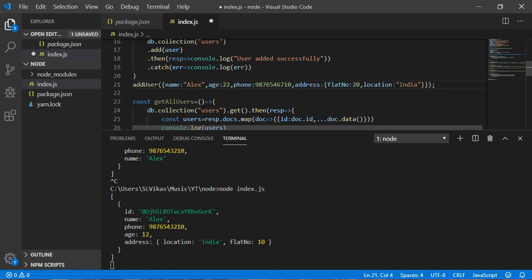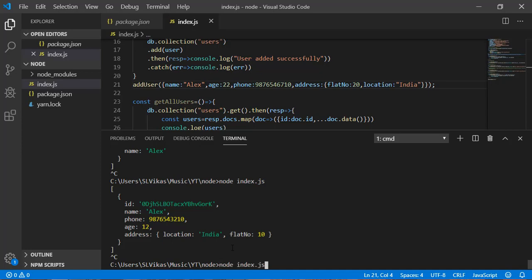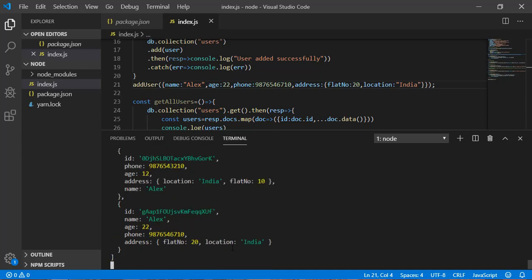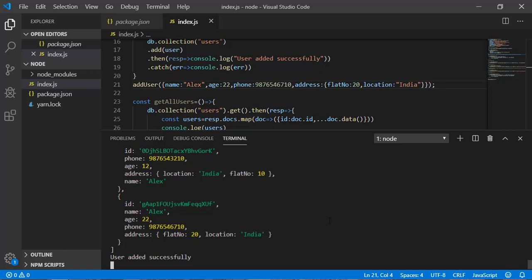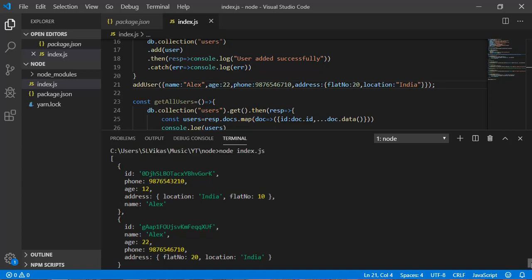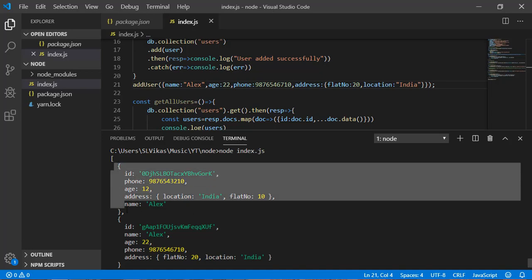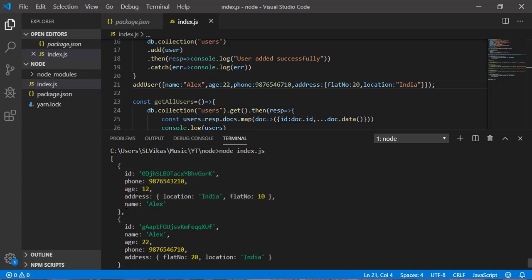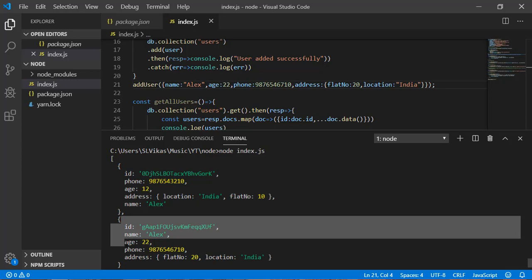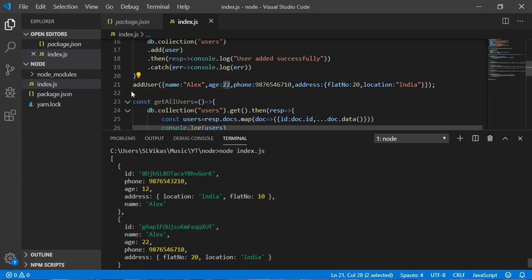Uncomment the line and execute it. At a time I am executing both. You can see here user added successfully, and right now I am getting 2 users. This is the first user and this is the second user that I added just before, with age equal to 22. As you can see here, I am getting age equal to 22.